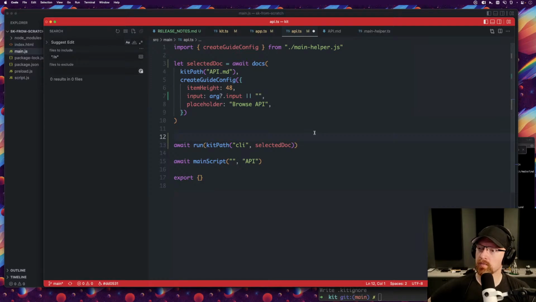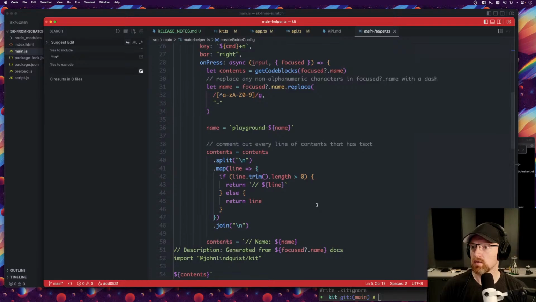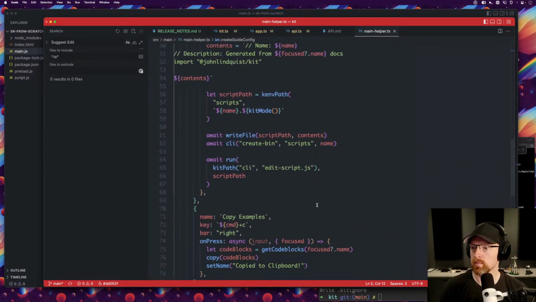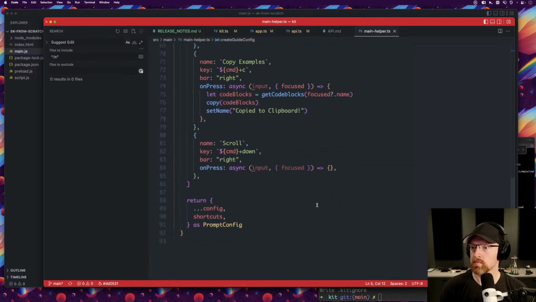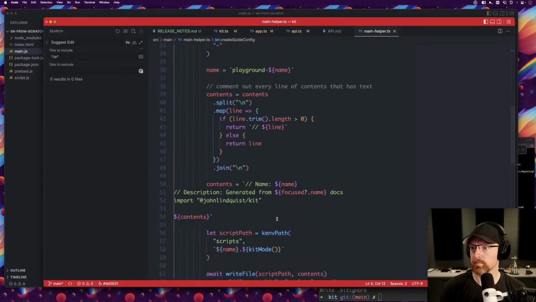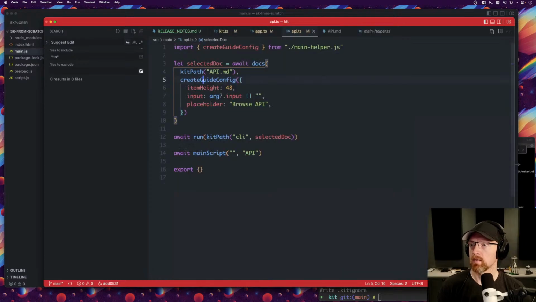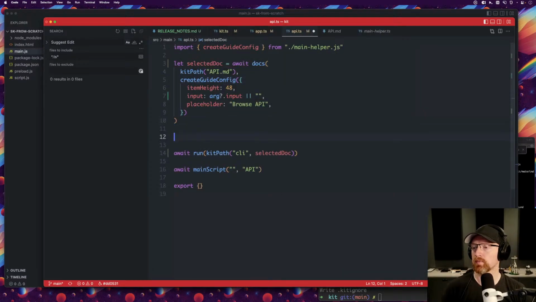I think that works fine. Is there anything in here that